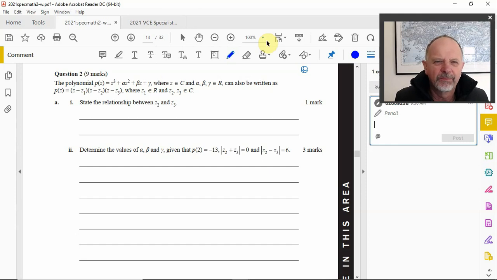Okay, so 2021 Specialist Maths Exam 2, VCAA exam. Here we are, question 2. This one's a complex number question. So when we read, we've got this